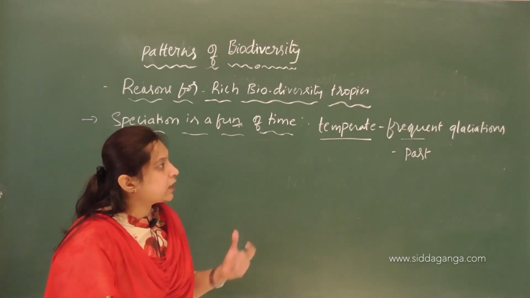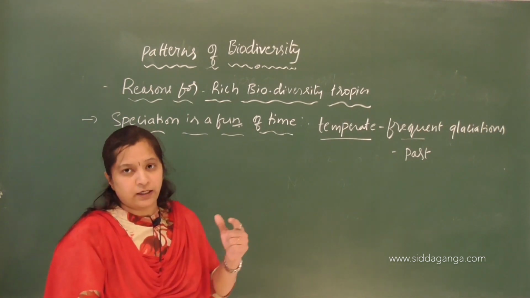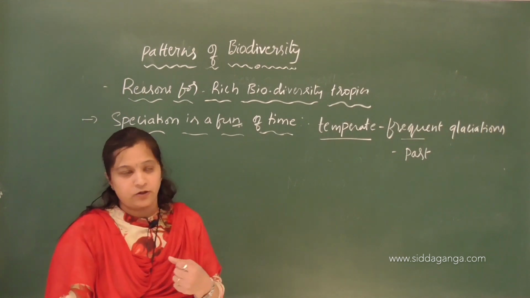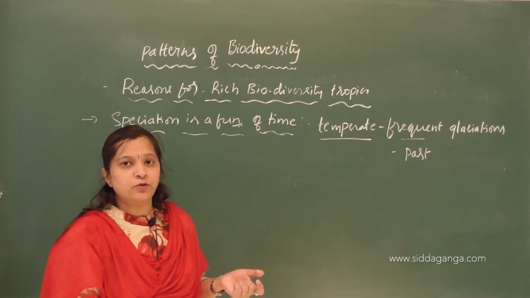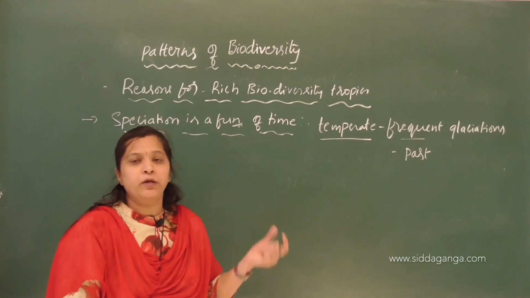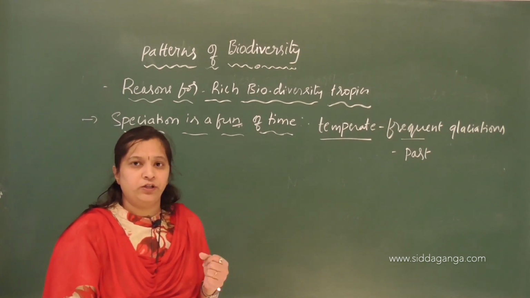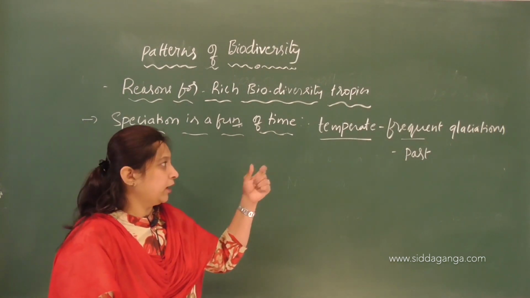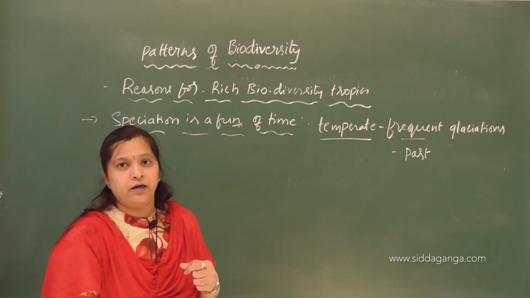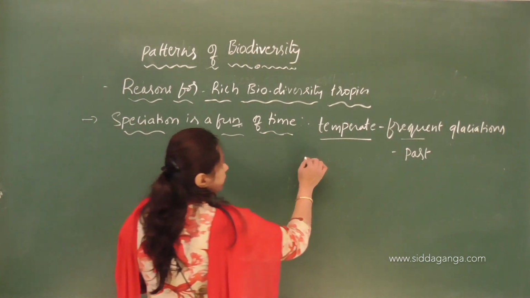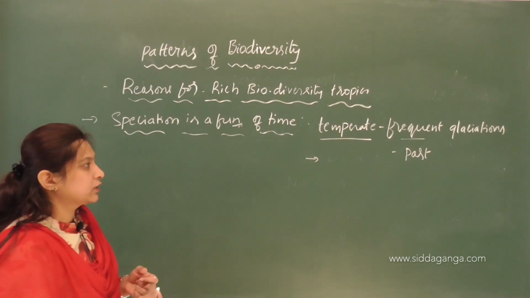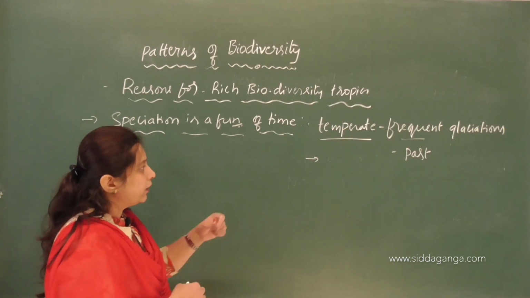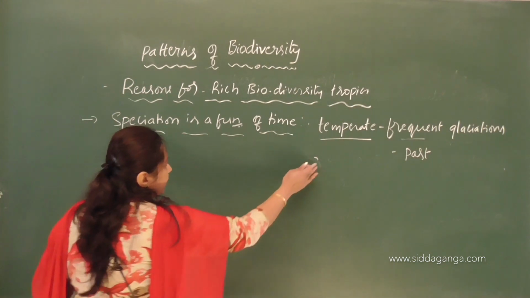So it is because they are subjected to these frequent glaciations, which has killed so many plants and animals. Because of these frequent glaciations that happened in the temperate areas, most of the species have been lost, most of the species are destroyed. But when we talk about the tropical areas,